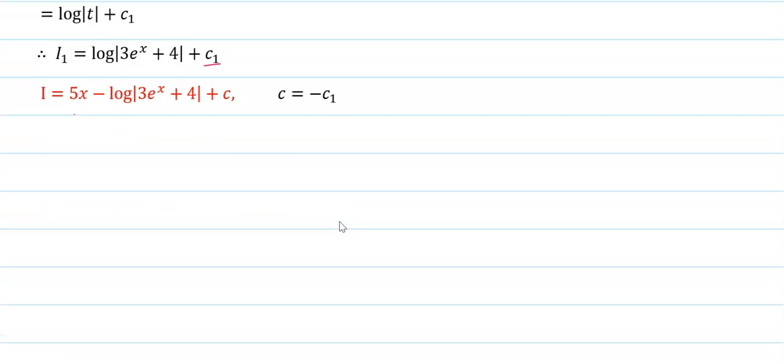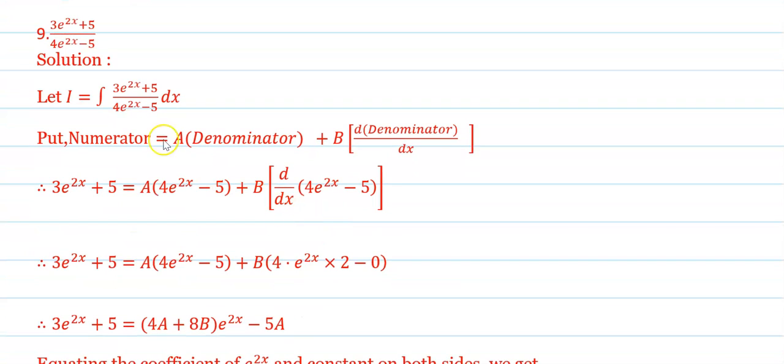Now the next problem, problem number 9. 3 e raised to 2x plus 5 upon 4 e raised to 2x minus 5. Again, the numerator is equal to a into the denominator plus b into the derivative of the denominator. Denominator is a, this is the numerator: 3 e raised to 2x plus 5 is equal to a times the denominator, 4 e raised to 2x minus 5, plus b times d by dx of